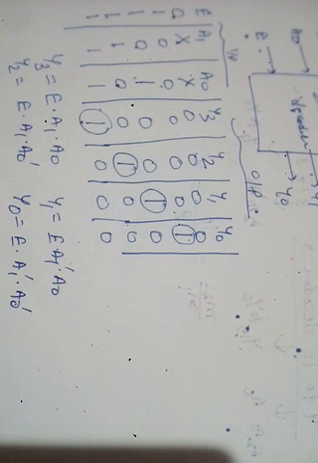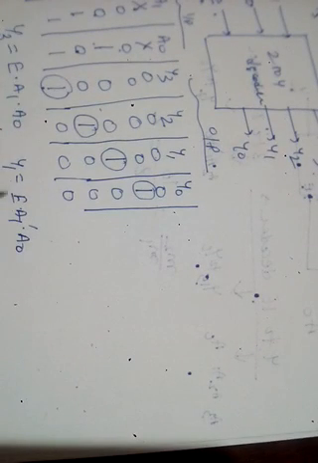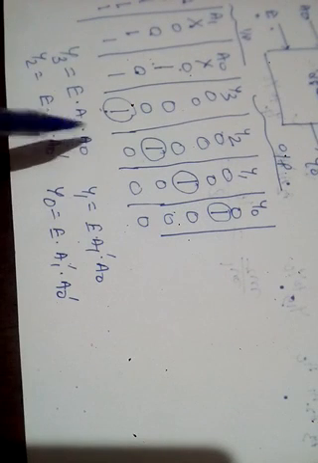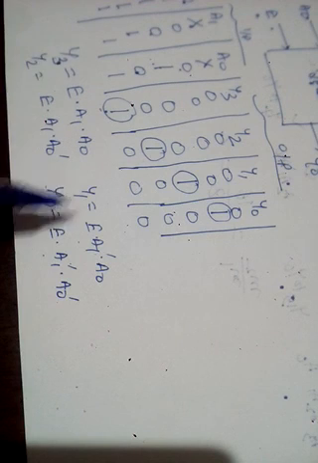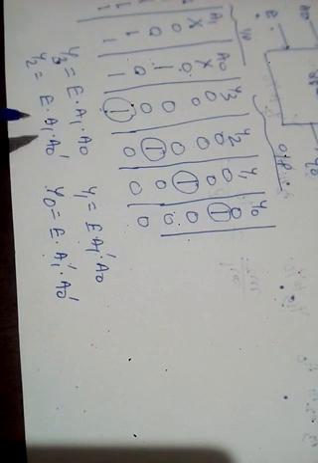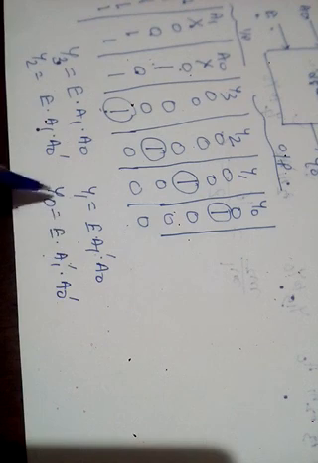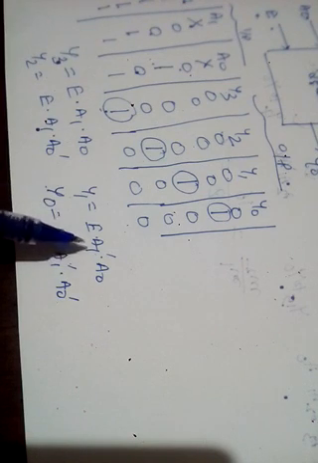Now we can implement this Boolean expression using AND gates. Since each output has one product term, there are a total of 4 product terms from Y0 to Y3. So we need 4 AND gates to implement this Boolean function and two inverters, or we can say 2 NOT gates. So this is the logic diagram.